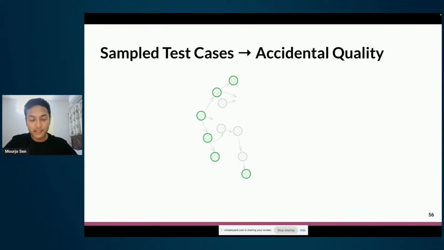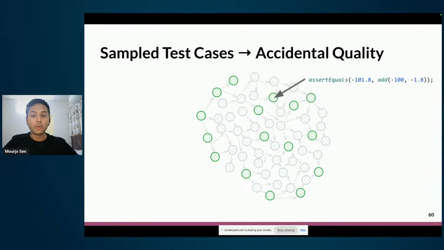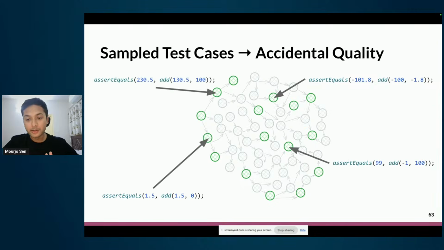But as the system grows a bit more complex or goes into more complex inputs, we are bound to miss a few cases, because we are sampling test cases. We are not covering the whole problem as a whole. And what ends up happening is that we write some test cases, they pass, we are happy with it, but we miss something, because it doesn't matter how many we write by hand, we have limited time, and we don't have all the time in the world to spend on one test. So we are going to miss a few.